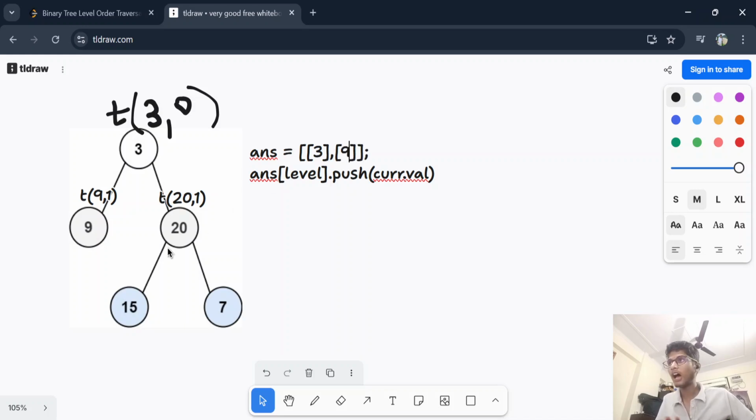Yes, I have pushed 9 inside it. And see, this code will do what? This will push ans of 1 to 20. Inside ans of 1, it will push 20. Yes. And then it will call the same function traversal with 15 comma 2 and